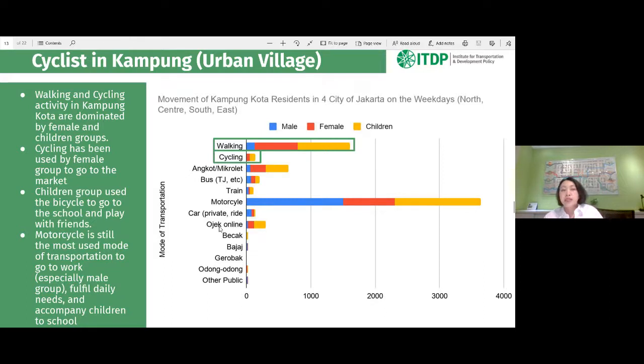Cycling is used by the female group to go to the market, and the children group uses the bicycle to go to school and play with friends. So if you go to the urban villages in Jakarta, and even in other cities, cycling is actually one of the most used modes of transport for women and children. It's very common to meet them on the road, on Kampung roads.